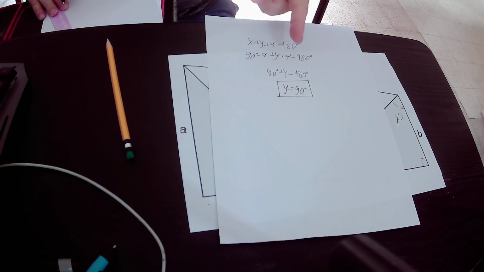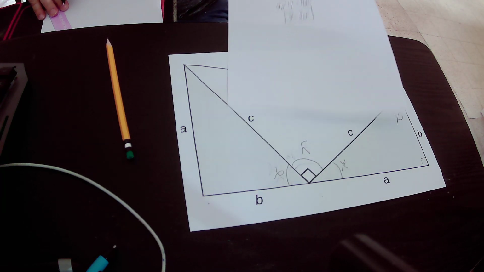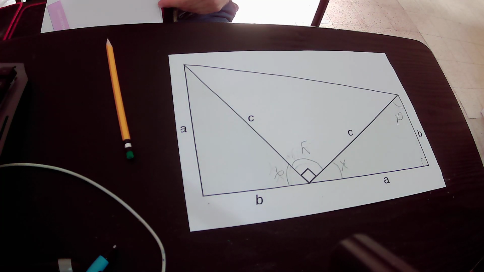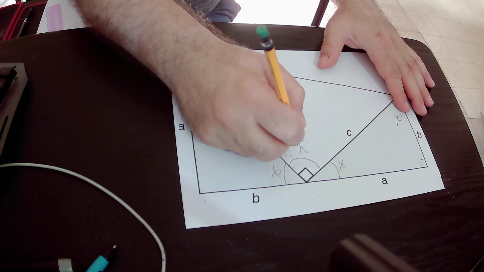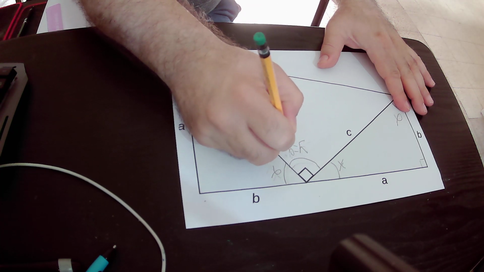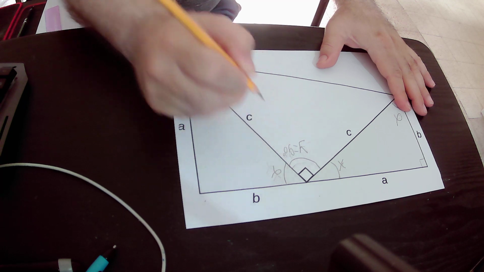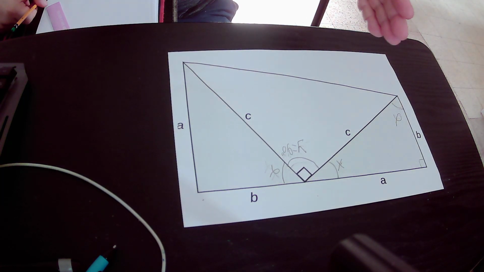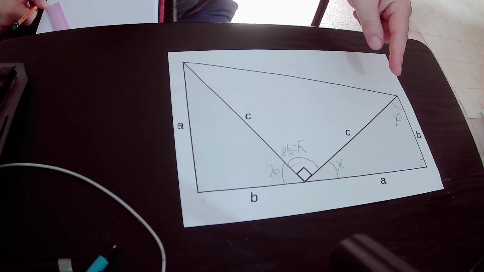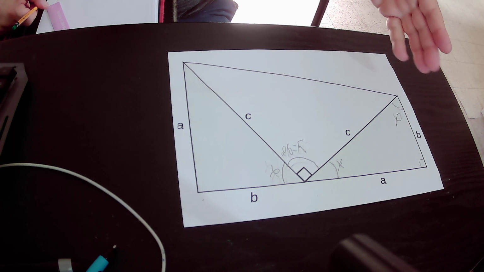Okay, y equals 90 degrees. So the middle triangle is a right triangle because it has one angle that equals 90 degrees. So actually you can say that all the triangles in the picture are right triangles. The triangle on the right side of the picture is a right triangle because